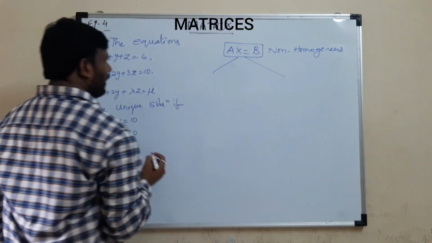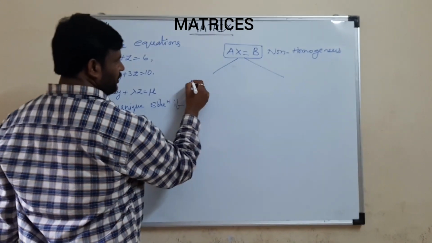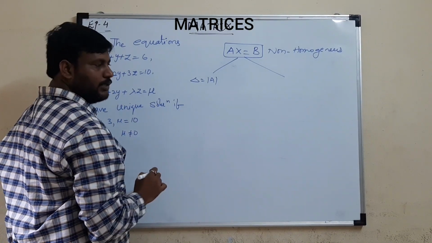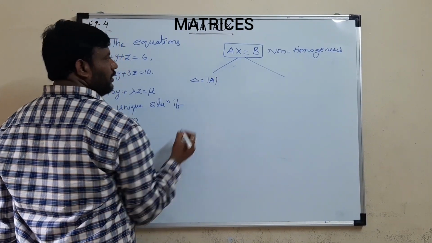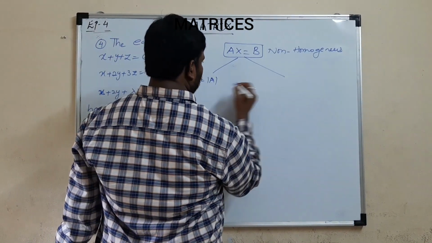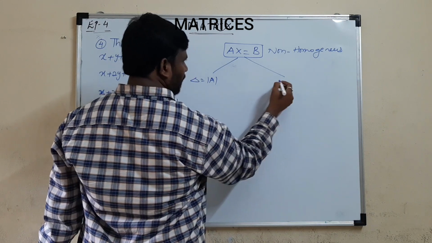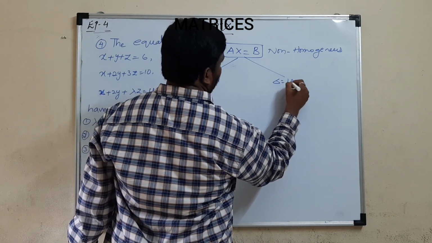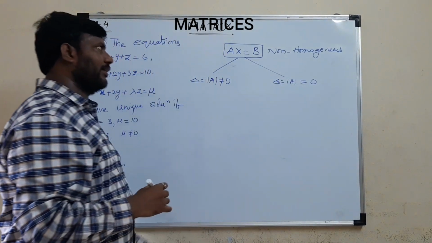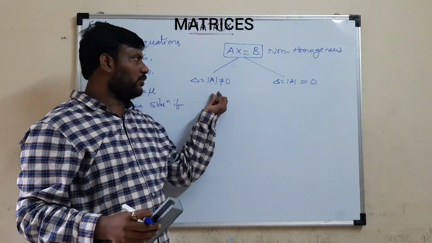First you find the det A, nothing but let us consider delta. Nothing but det A, or we can say D also. If you go for D, also no problem. And one more you have to find here also. So delta, if it is det A, I classify like this: det A not equal to 0, equal to 0.